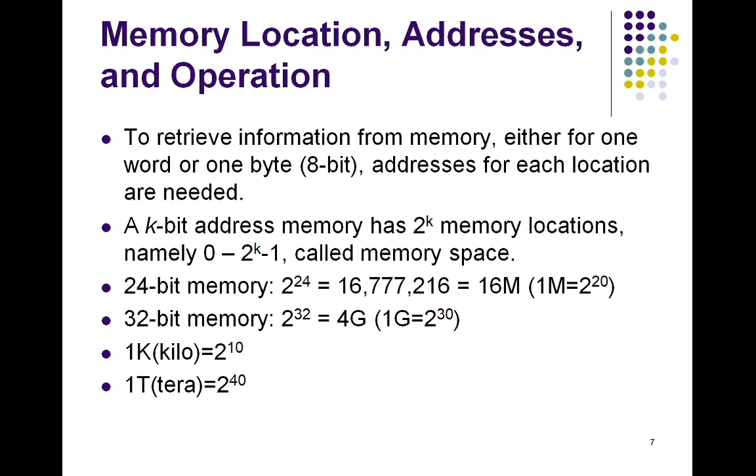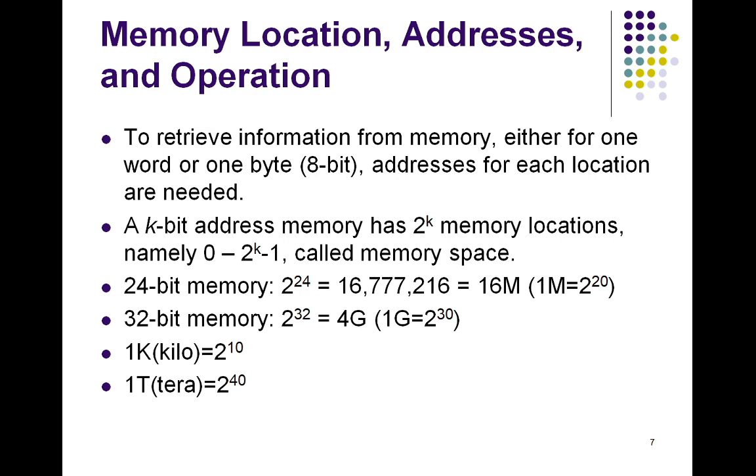For example, consider a 24-bit address. It will generate an address space of 2 raised to 24 locations. So it is very simple. If the memory address is of k bits, then you can expect 2 raised to k memory locations. Suppose the memory address is of 24 bits, then we can have 2 raised to 24 memory locations. This number is usually written as 16M, which is nothing but 2 raised to 24. Here M represents mega, so 2 raised to 24 is 16 mega memory locations.